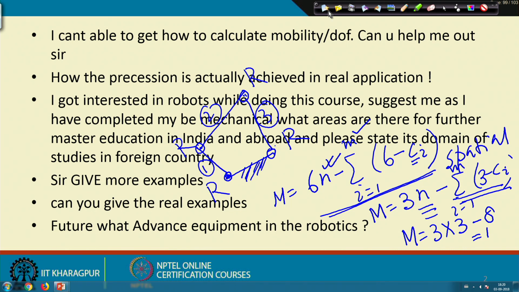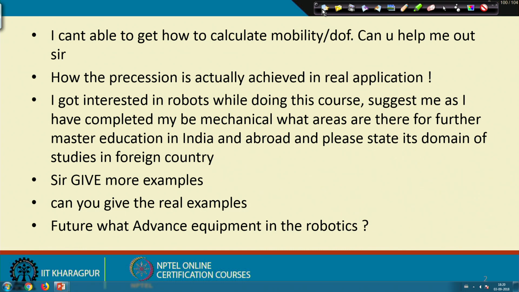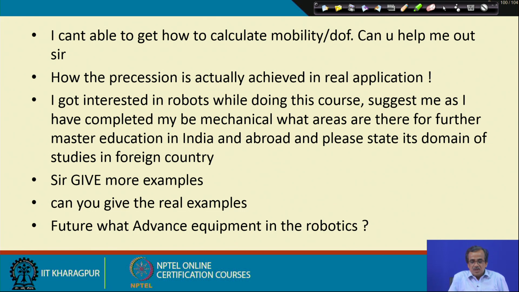The next query is how precision is actually achieved in real application. If you want to achieve precision in robotic applications, we will have to take care of a few things. Precision depends on the resolution of a robotic system, that is the least count of a robotic system. It also depends on the accuracy of the control system,